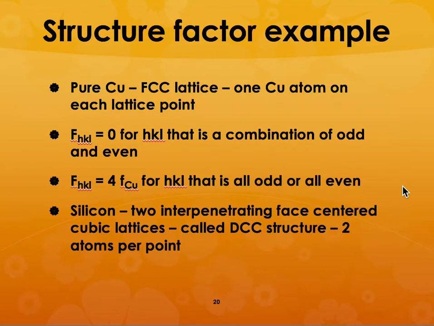I know that I'm going pretty fast over here, but these are all fundamentals of material structure determination. So I will let you read the book and understand about it more in detail. For example, if you have pure copper, it is an FCC lattice. There is one copper atom on each lattice point,